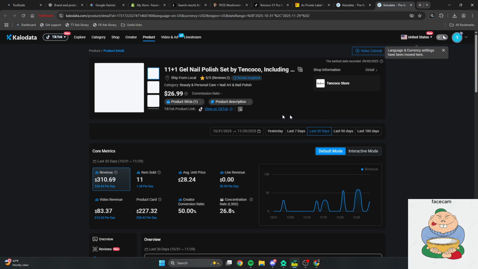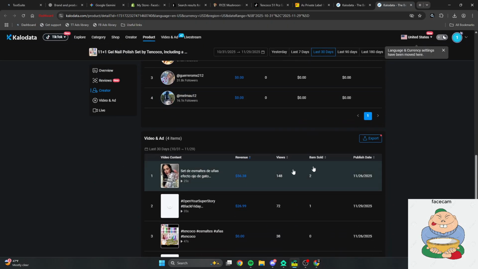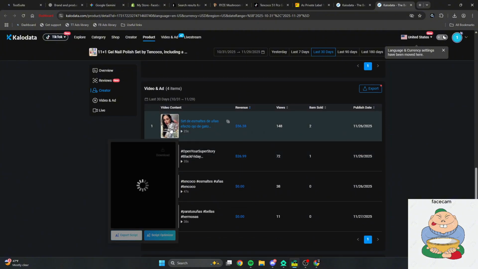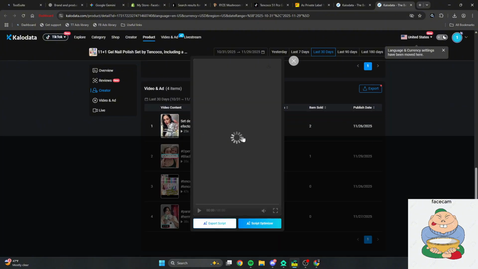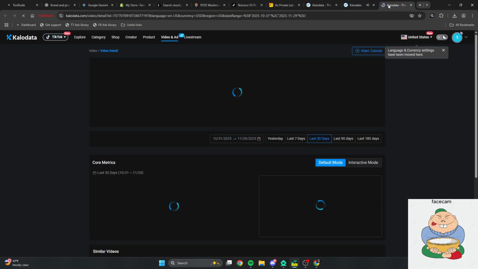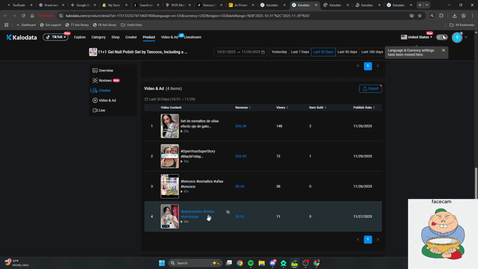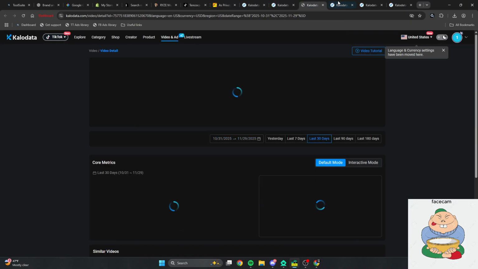This isn't the same product, but let's just say this is the example that I was using, right? You have all these ads right here. What you guys want to do, open up all of the ads. This is all under Calidata, by the way. So you go to your product, whatever your product page was that you found in Calidata. Click on all of the ads. Usually you want to do the top 5, right? And then you click TikTok video link. We're just going to do one to show you guys.